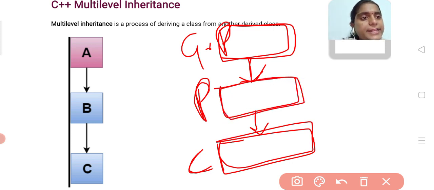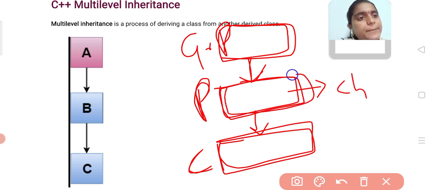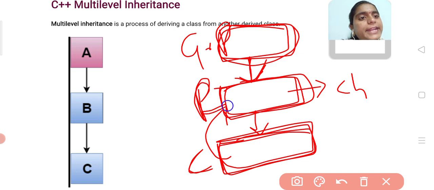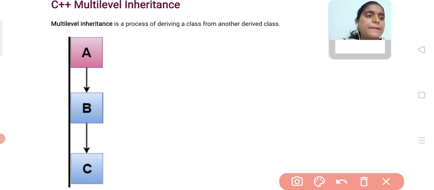Here the parent also acts as a child, because he is taking the properties from the grandparent class. So this class is taking the properties from an already derived class, another child class. In this situation, it is called multi-level inheritance.